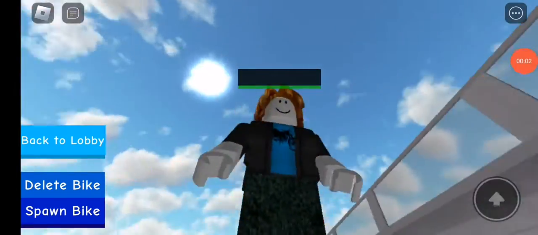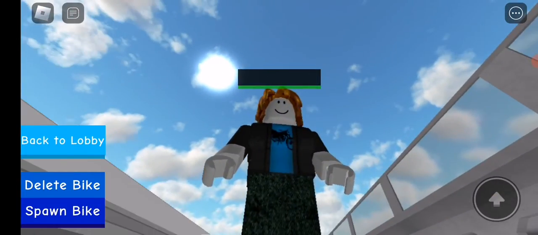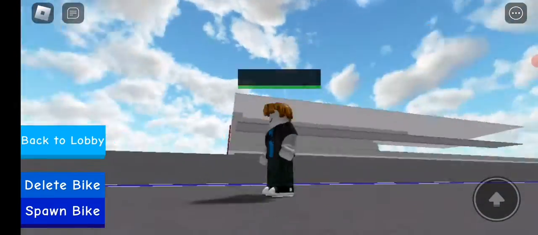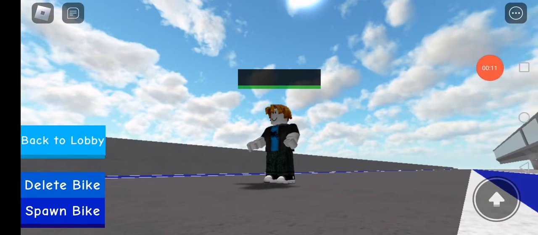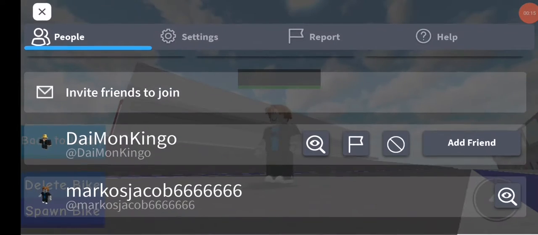How to fix the lag on Roblox. Hello guys, so in today's video I'm going to show you two ways to fix lag on Roblox easy and fast. The first way is you have to go to the settings on Roblox like this, for example,